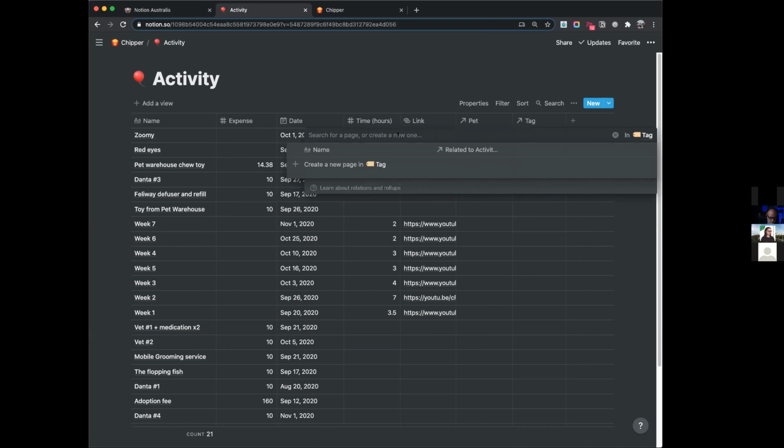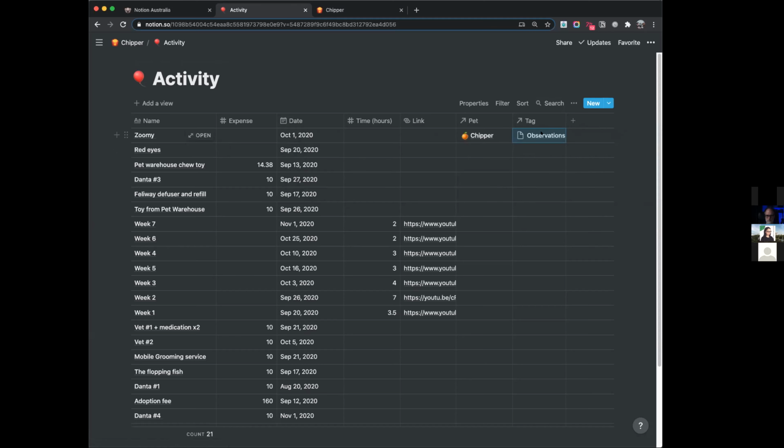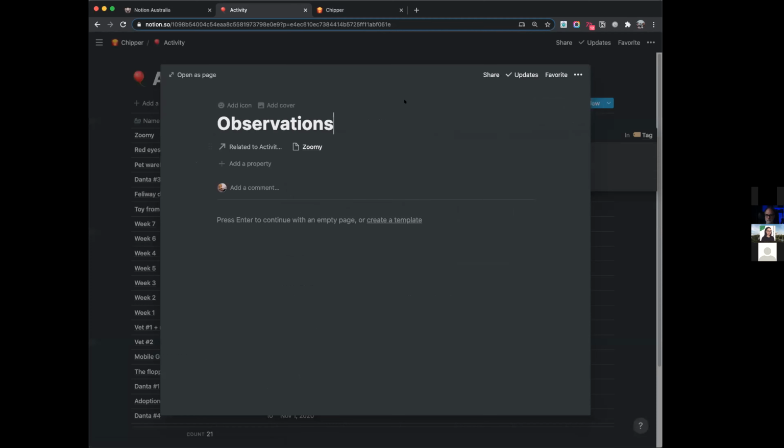I'm going to create a tag directly from here. I'm just going to call it observations. Just wait a little bit, and you can see it creates a new page called observation in tags. I'm going to click on that, and there I've got an observation. If I click on that, I can go directly to the tag database entry.